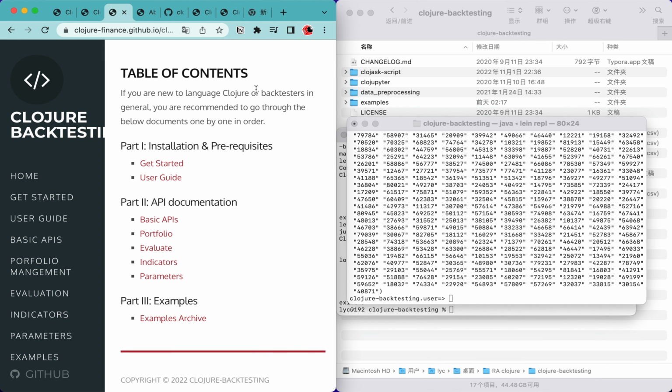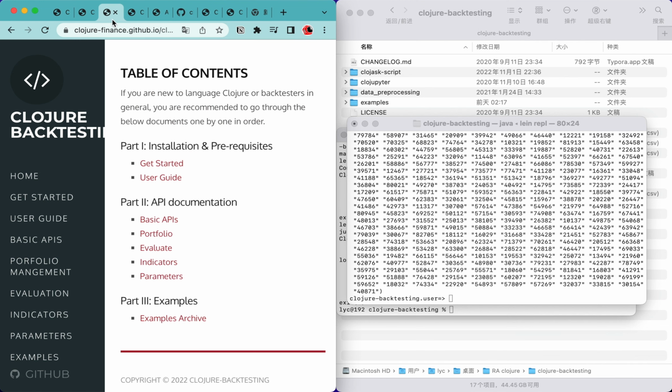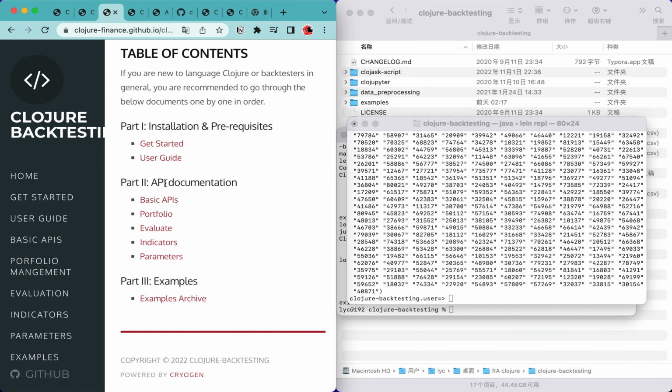My recommendation is that you go through every page of this one by one in sequence. These pages are introduced in the order of difficulty. So if you are new to the backtester, I recommend you go to the get started, then the user guide, which talks about some prerequisite information about the dataset, as well as some important details of the backtester, and then go through the API documentations